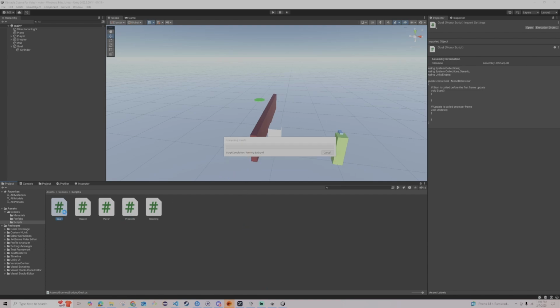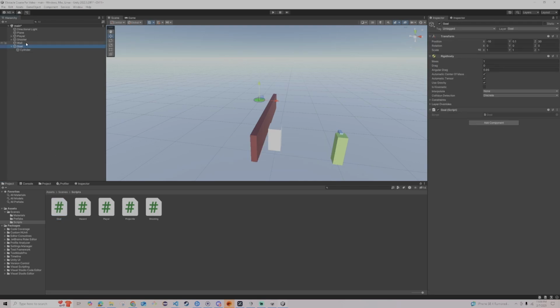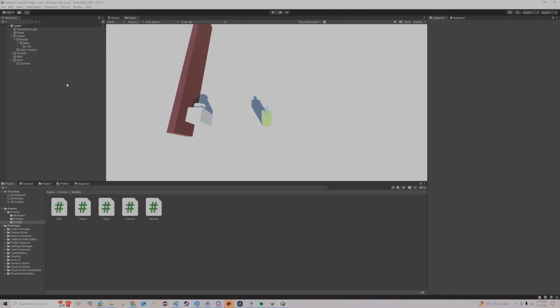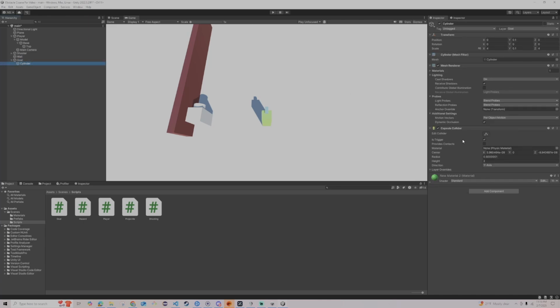And so we're going to drag and drop this goal script over to our goal game object. And then we see that this is added to the game object. And then lastly, we're just going to press Control-Shift-B. This is our build settings, and we're going to add our open scenes, which is just this main. Last but not least, we have to make sure that we select the is trigger on the cylinder game object that is the child of the goal,